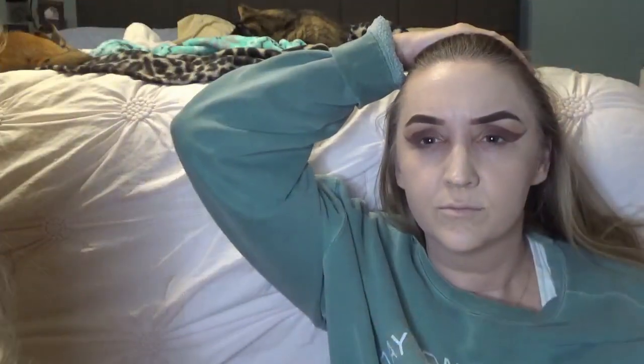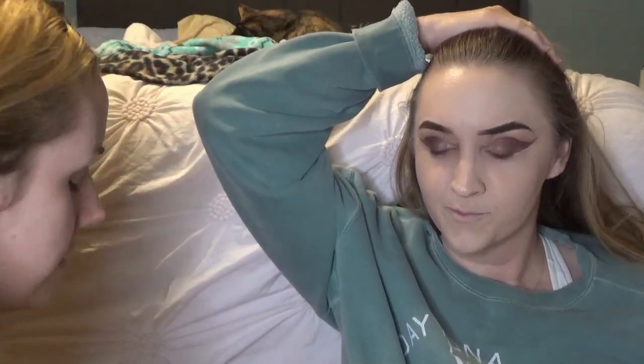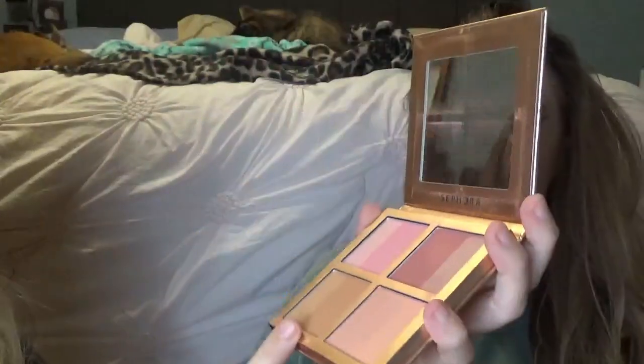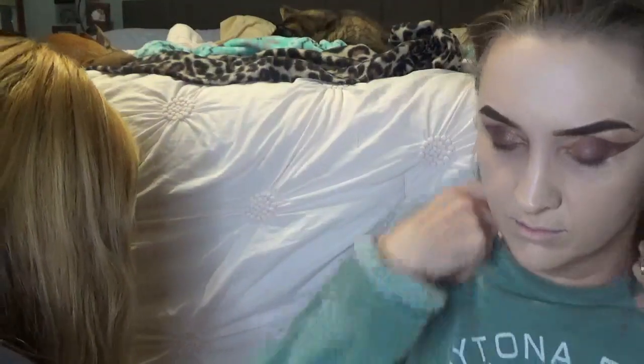Once you're done with your foundation, I always go through first with this Sephora palette for my contouring and my blush. It looks like this is just some makeup, I got concealer on it just now, but I use this for contouring, and then I usually use a mix of those for the blush. So I go through with,